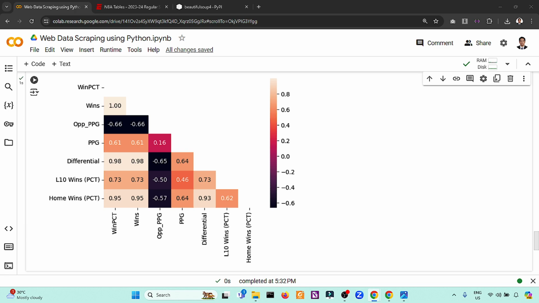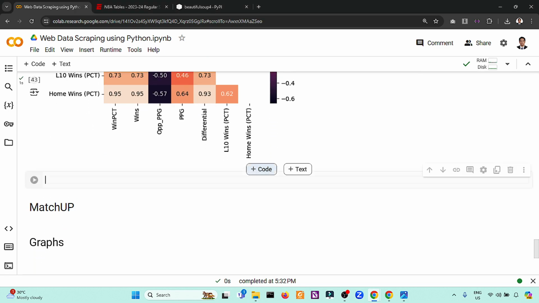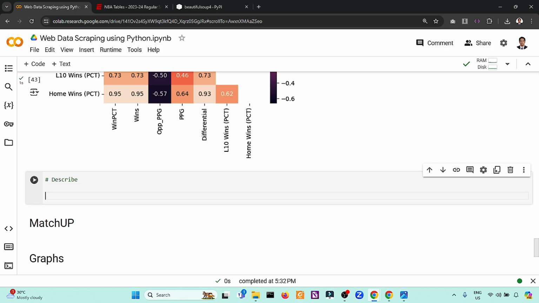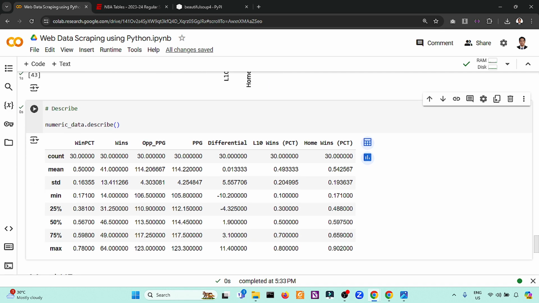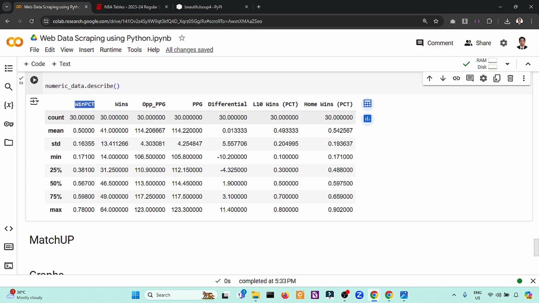For example, we can describe the data itself. We will use describe on numeric data. So out of 30 teams, the mean percentage of winning is 500, the mean wins is 41, and opponents' points per game for the entire league.